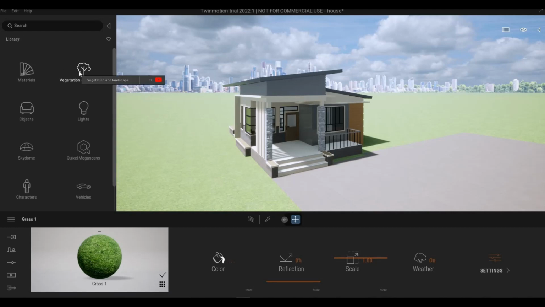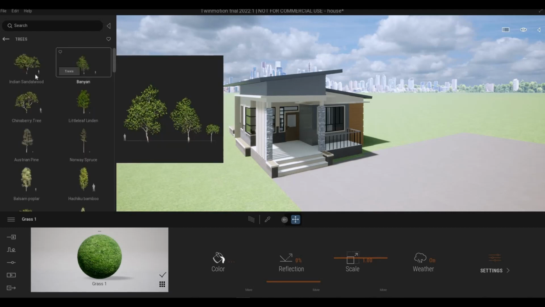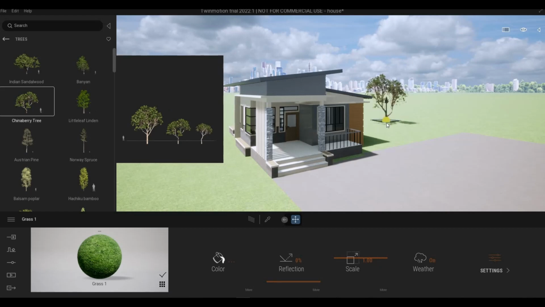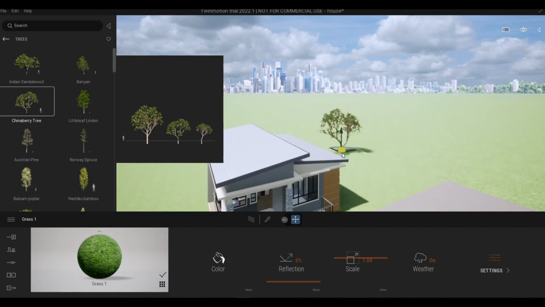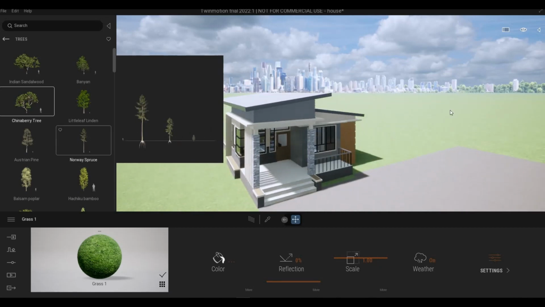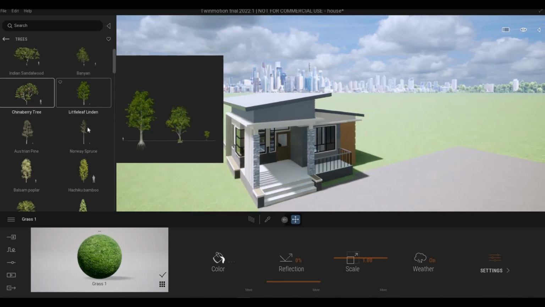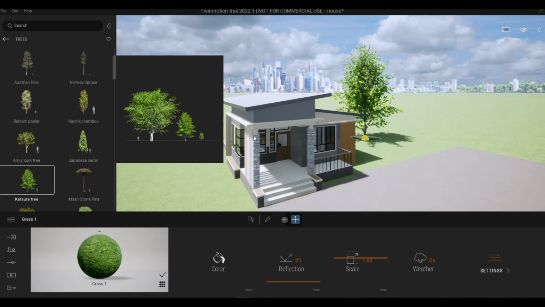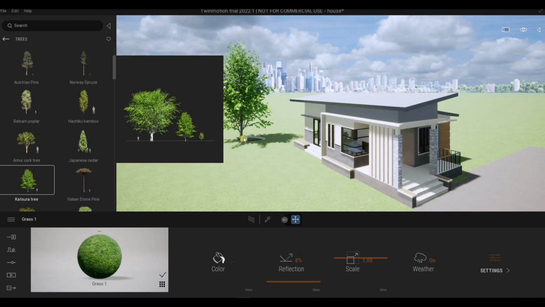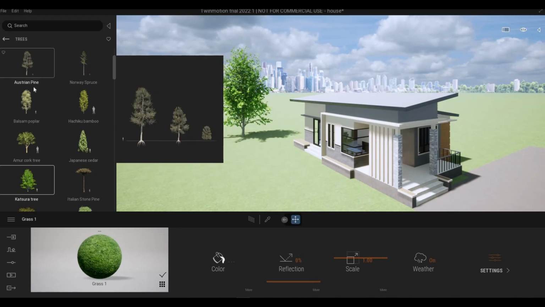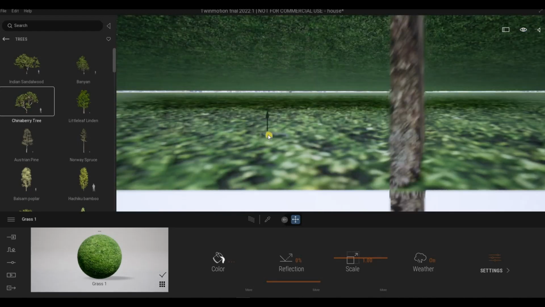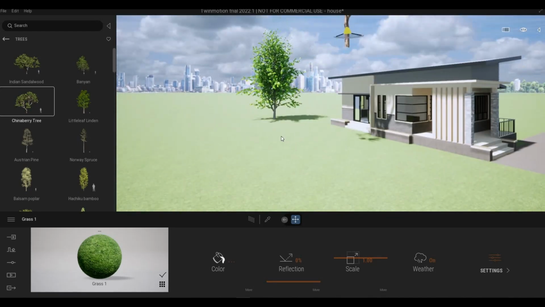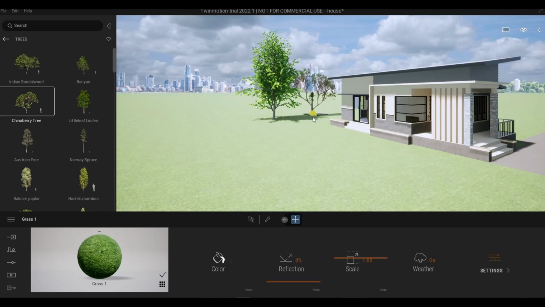So let's go to vegetation and then click on trees. I'm planning to add in trees individually first. So the ones that are near will be individual, and for the far ones, we're going to just select anything that we want to add there. So here, let's select the ones that are huge. So I'm gonna select this one, and then we might keep on changing it depending on the look. So here we could do this on this side,